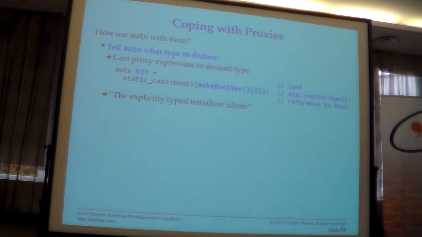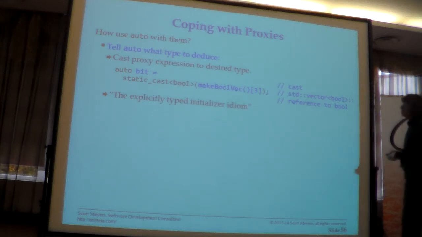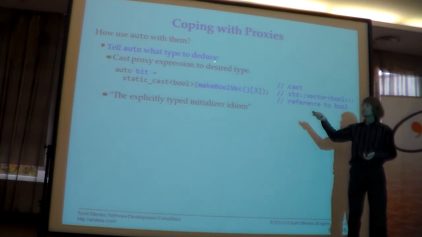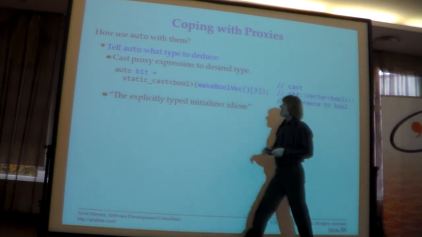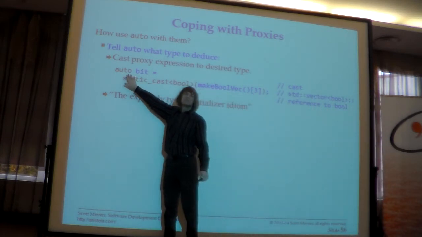If you have discovered that you're using a library that uses proxies, and you still want to use auto, which is reasonable, auto still has a bunch of advantages. What you can do is tell auto what type to deduce, in particular by casting the proxy expression to the appropriate type. So what I can do is say, I still want to use auto, because